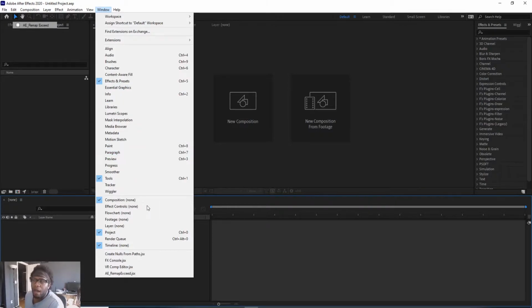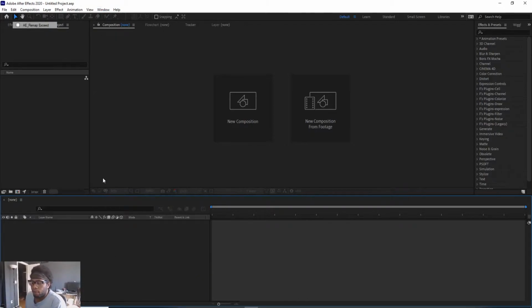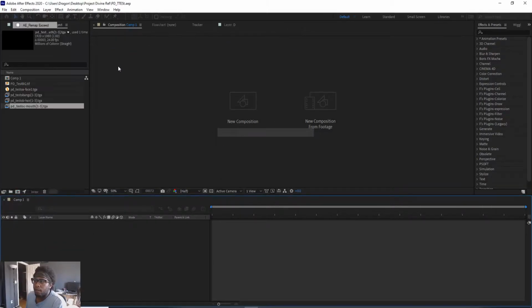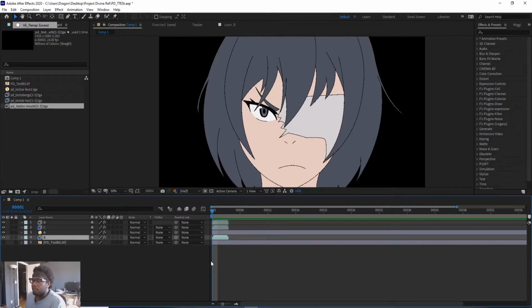Inside our Window tab, we have a new option called AE Remap Exceed.jsx. This is what we're going to be using. Now, I made a little cut for you here just for this video. All right, so I have 4 cells here. There's 4 different things. Now, I used Clip Studio Paint